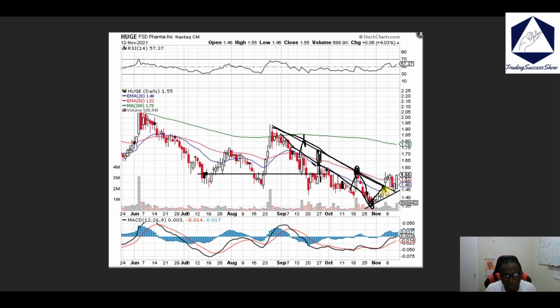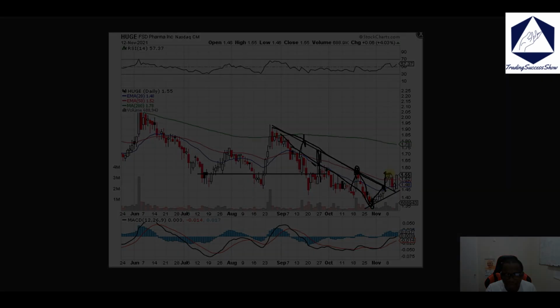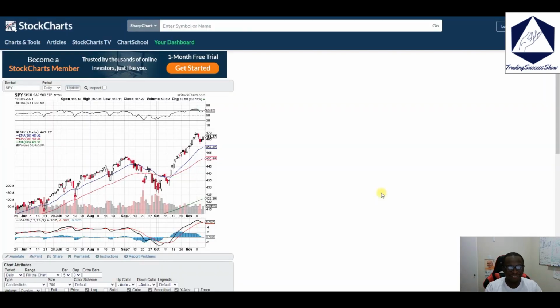Rejected for a little bit, pull back, and then push right off. So price held this area for about...